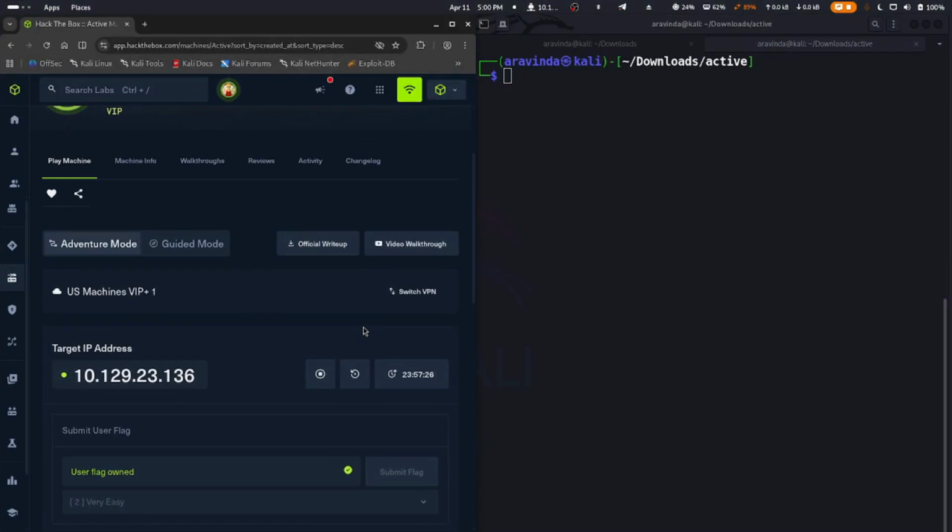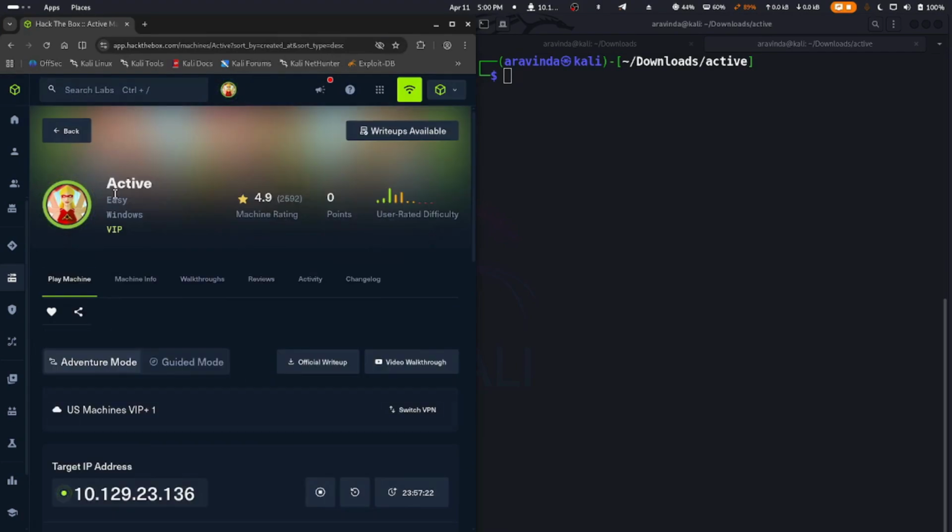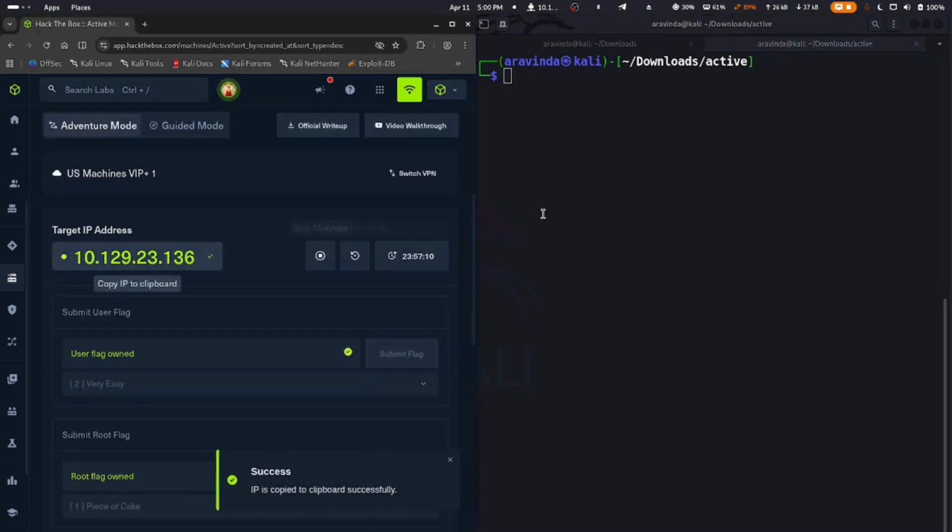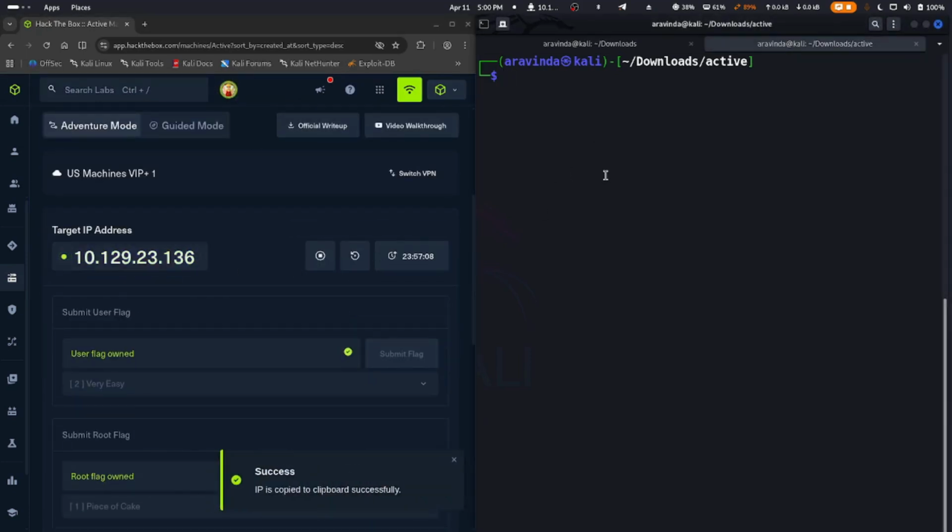In this video, I will demonstrate how to do red team operations on an Active Directory environment. So the Hack The Box machine which we have chosen is called Active, and it's an easy Windows machine. Let's get its IP. I'm connected over VPN over here, and let's do an nmap scan